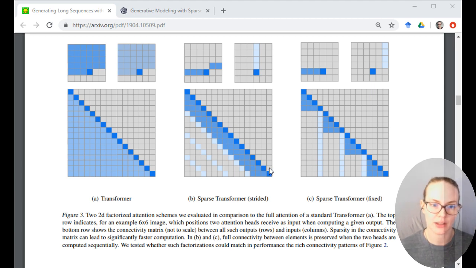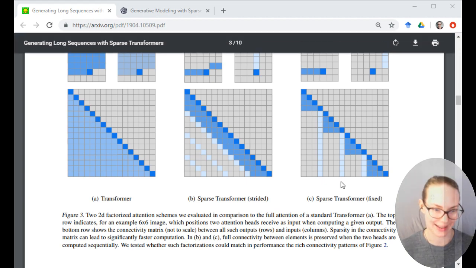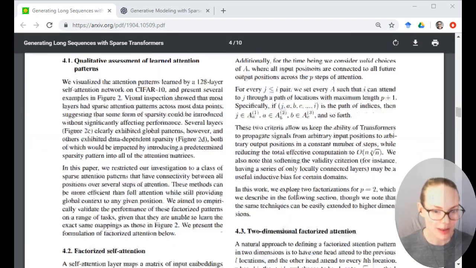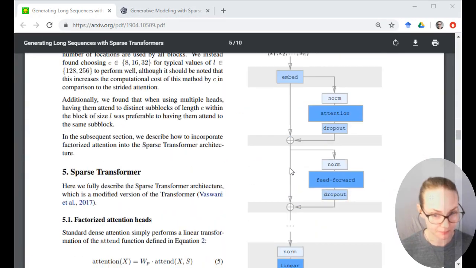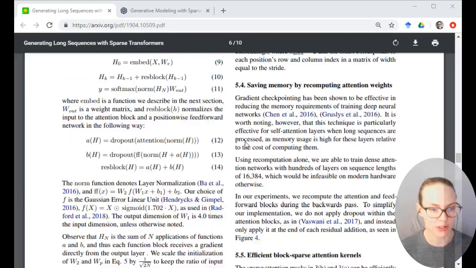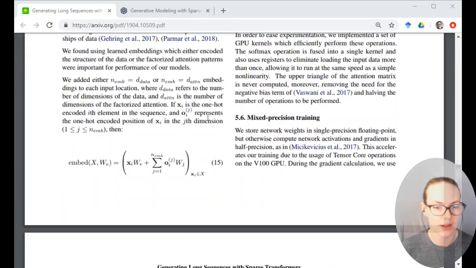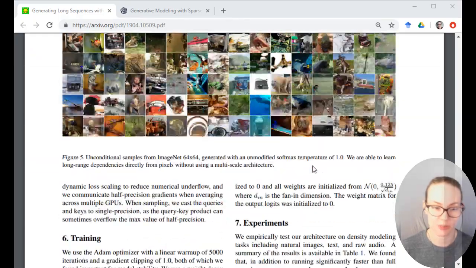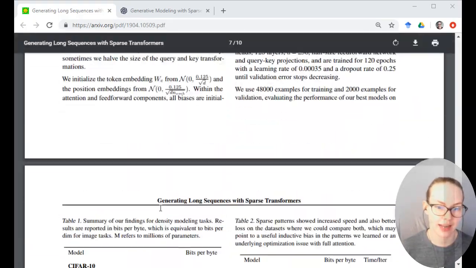So I believe that the reason that they can generate longer sequences here is not because of the pattern of attention, but rather that it's the things that you're ignoring that are more important, because if we don't have to hold all the light gray squares in memory, we can use the same amount of memory and cover more items in a sequence. So that's the whole thing. And then in the previous 2 weeks, we walked through the math for that. And I think we are almost done with the model specification part of the paper. So we just have this discussion of mixed precision training, and then we'll talk about their training and go through